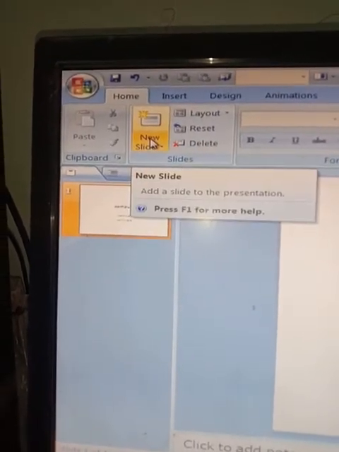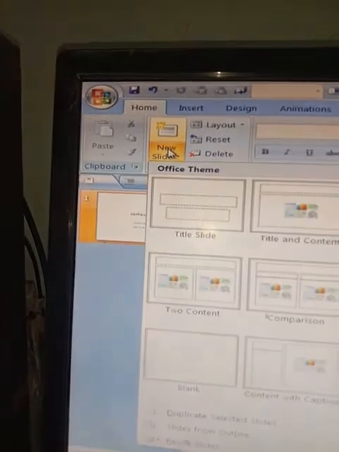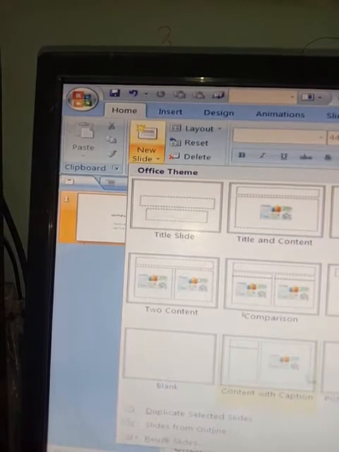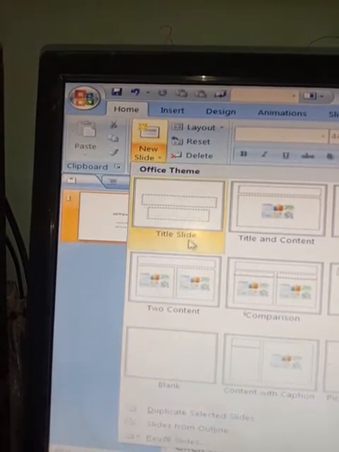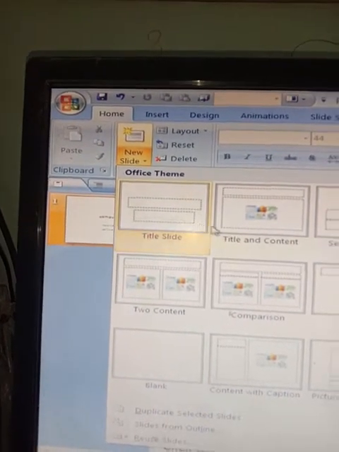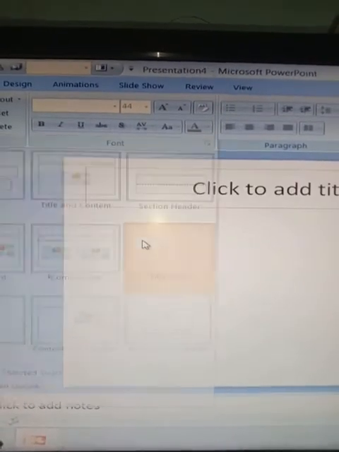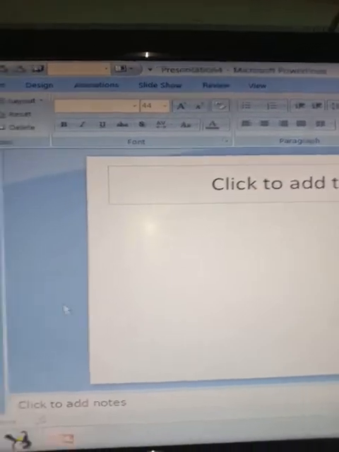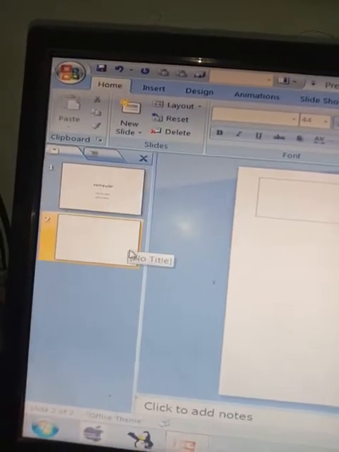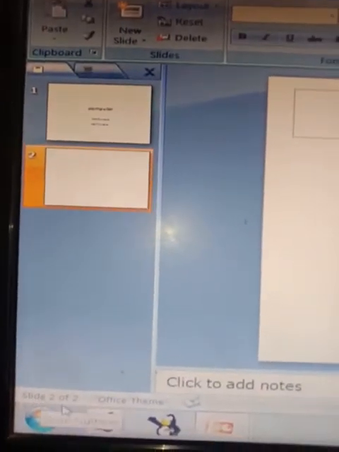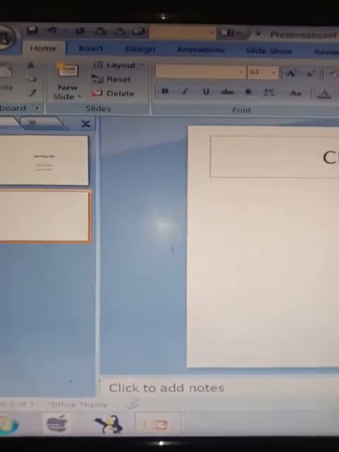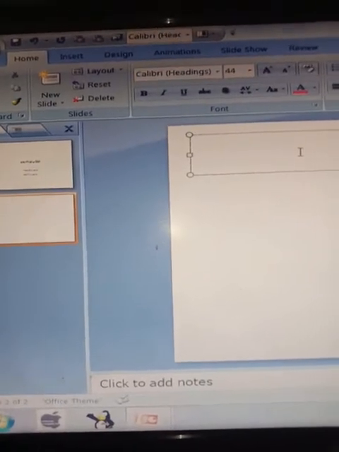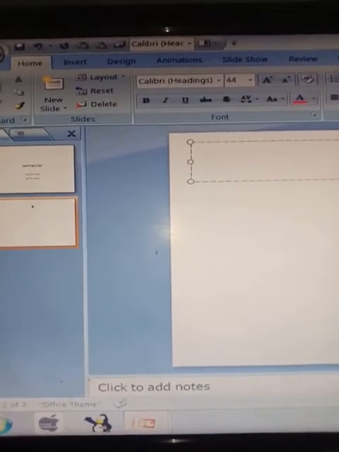As soon as I click on the new slide over here, I will have to select the layout from the 9 different types of layout over here. Suppose I have selected again title only. As soon as I left click over here, look, a new slide appears before us. So this is slide number 1, this is slide number 2, and here in the status bar we can see the number of slides before us. Now suppose I have written over here good morning.